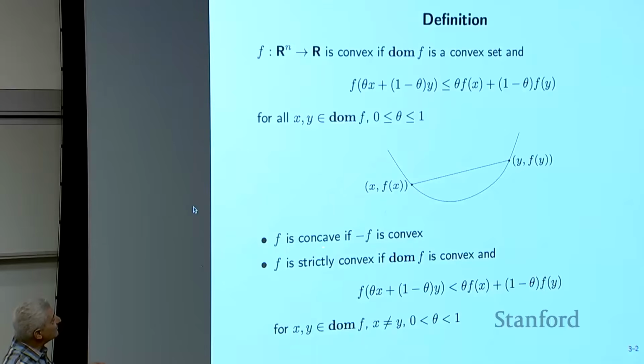Okay. And we say a function is concave if minus f is convex, right? That means it curves down. And a function is strictly convex if this inequality holds strictly as long as theta is strictly between 0 and 1. One way you could think of it, and there are lots of ways: this says f of the mixture is less than or equal to the mixture of f. So when you commute a mixture and the function, you get an inequality that always holds. That's a very good way to think of it. Okay, so this is what a convex function is.